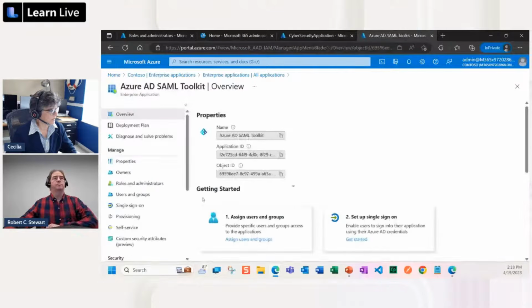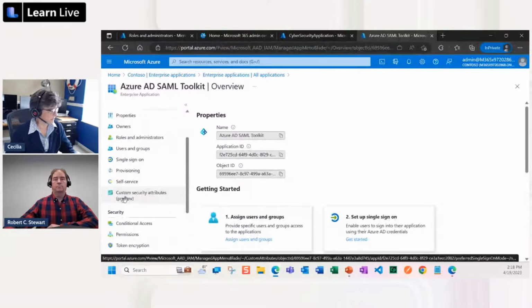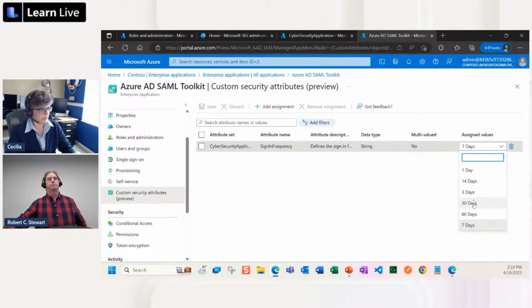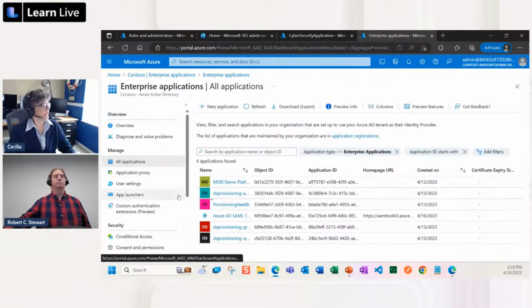And I could see here, and this is true for any of the applications that you create in Azure AD, the custom security attributes preview. And you can see now here my attribute set, the information around the attribute name, sign-in frequency, and I actually have assigned the 7-day value here. I could have selected any one of these. And the reason I'm doing this is because what I want to do now is use this